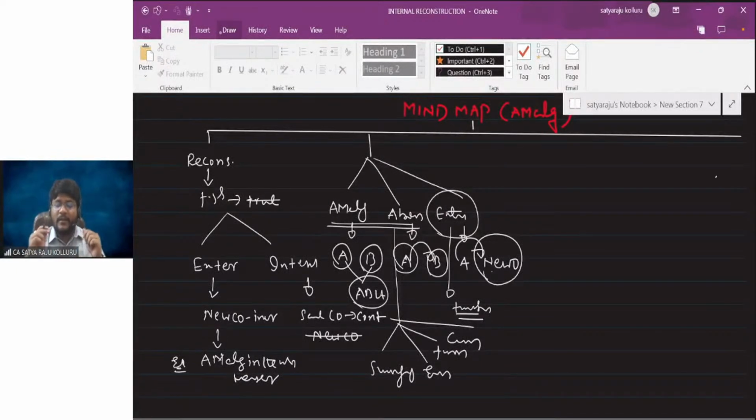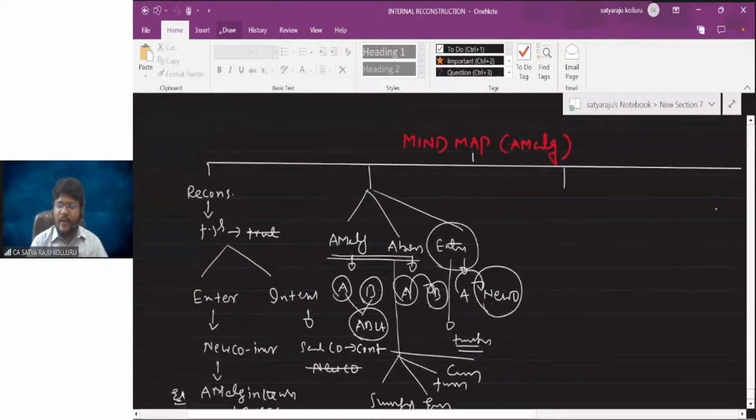That is the reason why in certain problems we've seen pure amalgamation, in some problems absorption, and in some problems external reconstruction. But we don't differentiate anything. In some problems, two companies liquidated and one new company formed. In some problems, one existing company is ready to take over another existing company. In other problems, a new company is incorporated to take over one existing company. Do you understand? Next, after that, we spent most of our time on PC calculation.